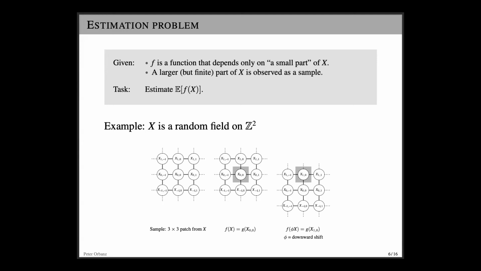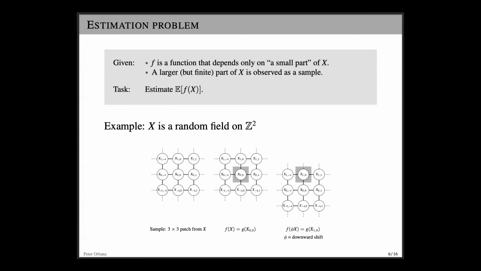Now I observe a somewhat larger but finite part of X, of this infinite structure, as a sample. Here, let's say it's this 3 by 3 part of the grid. That's my sample. Now I want to compute an expectation for f. If these variables were independent and identically distributed, I would just average over them. They're not, but I could still try to do the same. It's basically the best thing I can come up with. So I could move my window to each point in this grid, read out the value and